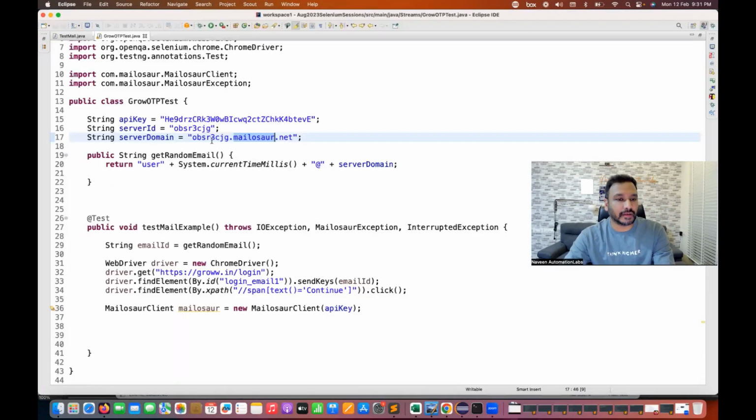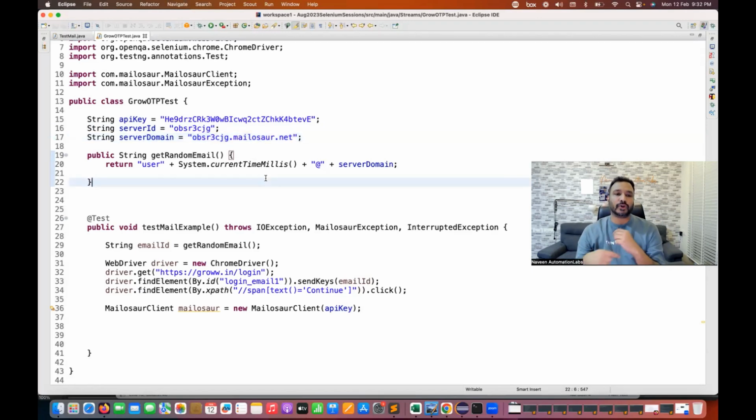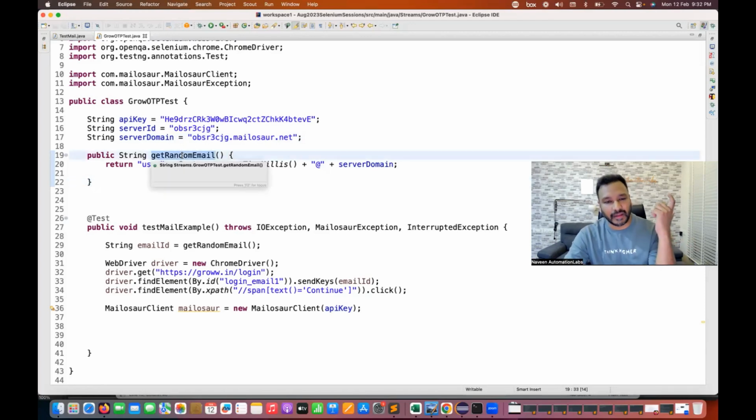So this is what I'm writing here, that this is my server ID and this is my server domain up to here. Now I'll do one thing: I don't want to hard code the value, because think about what if the same scenario is running in parallel mode and multiple users are using the same feature. Then if I'm using a hard coded email ID, the scenario will not work, because once the OTP is sent for the specific user, I cannot use the same user again because the user is already registered now, right? So what we have to do is create one random email ID method